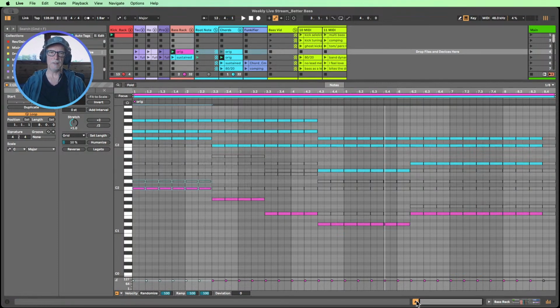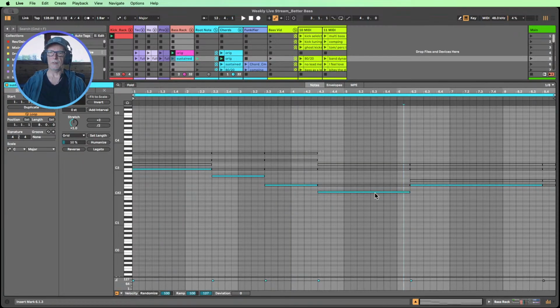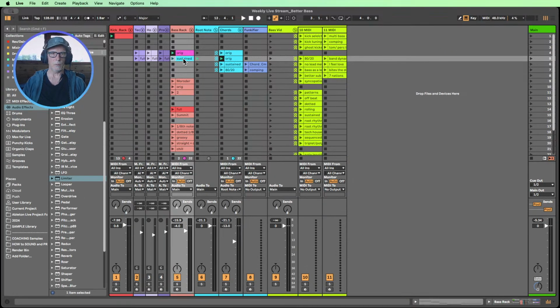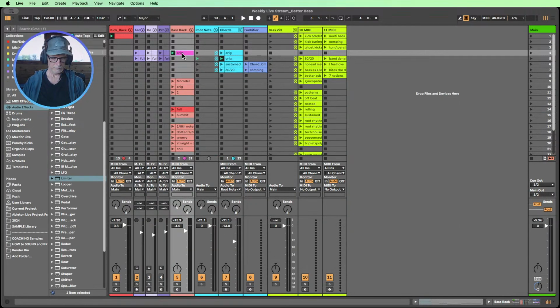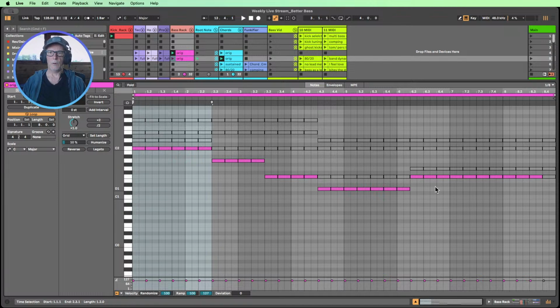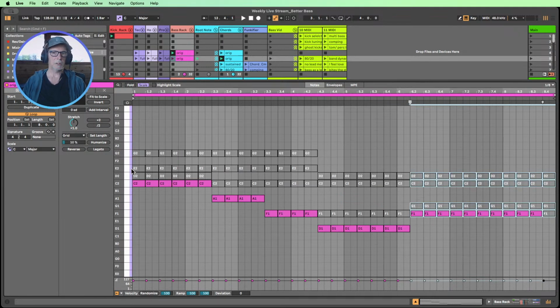So the 80-20 rule is thinking about how can we make this pattern a little bit so it's not only roots. Let's say we don't really need the sustained one as well. Let's say we work with the one that we've got here. So let's copy it down. And in this one, what we're going to try and do is make it not just stay on the root. So we can see the chords and we're in C major, let's say. Let's check that. Let's turn on our scale tool and see, are we in C major? Yes, we can be working in C major. All our notes are in that chord.